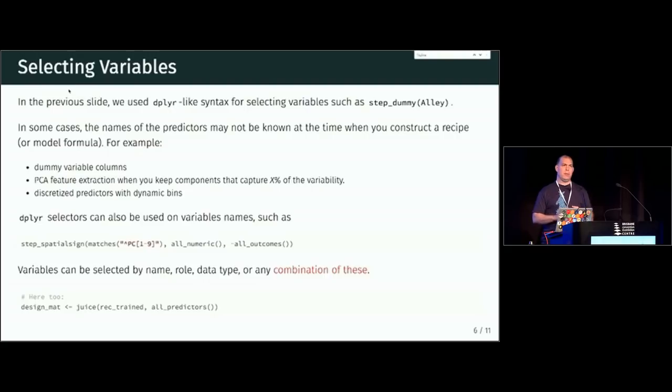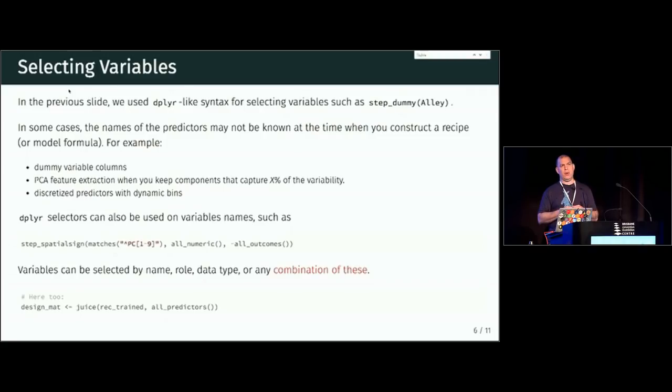So let's say you do feature extraction, and the way recipes does it is it gives those new variables the prefix PC. If you have a step after that, you might say, give me the number of components that gives me 95% of the original variation. And that might be 10 or 20. You don't know. So, how would I write a step after that if I don't know what those variable names are? You can use dplyr selectors like starts with to get there,